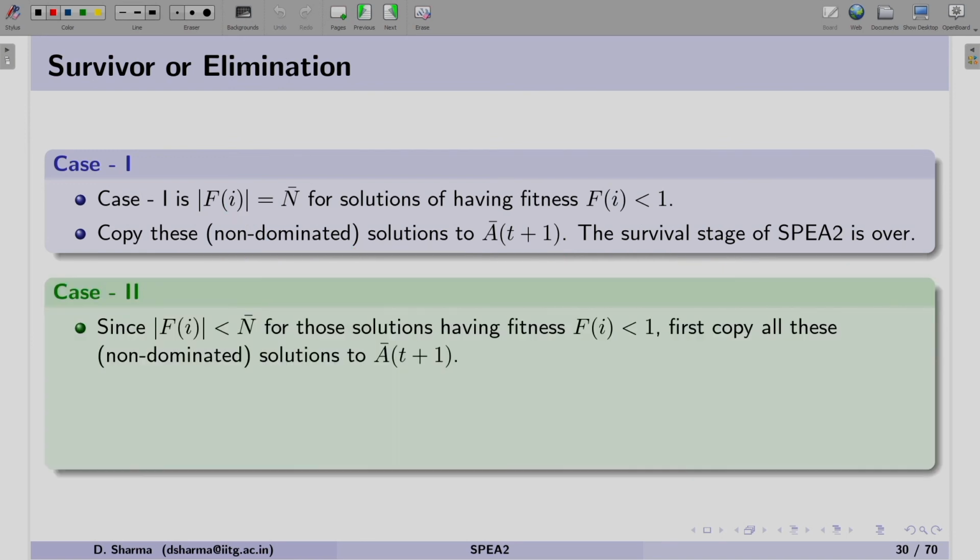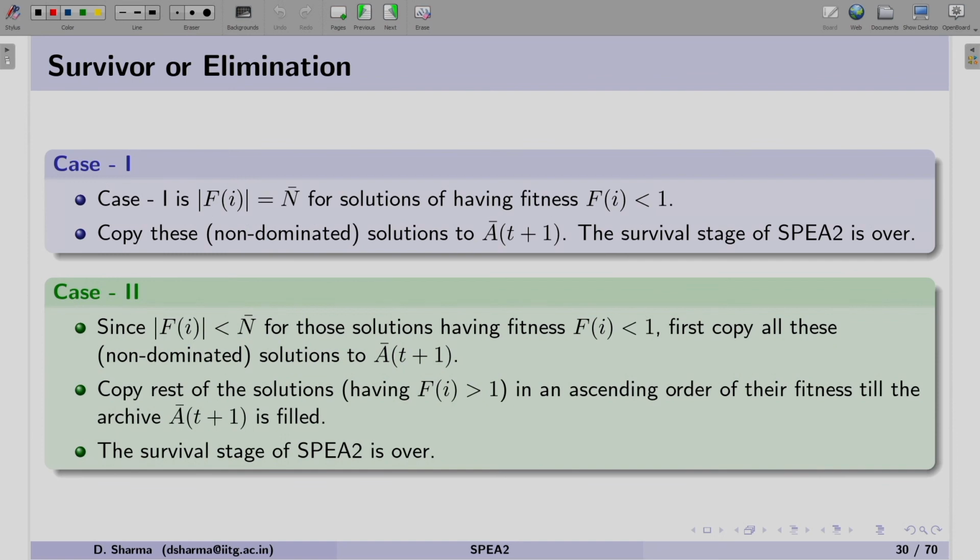The second case is when the number of non-dominated solutions is less than the size of the archive. In this case, first of all, let us copy all these non-dominated solutions to the archive. There is still space left in the archive in which we can copy some solutions.